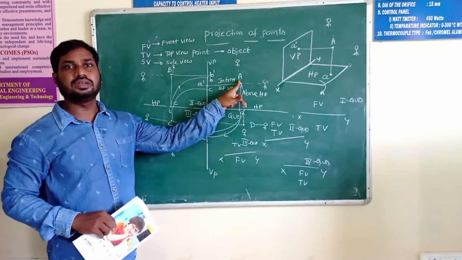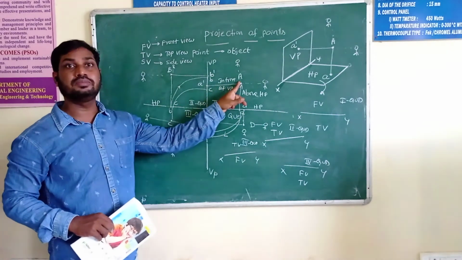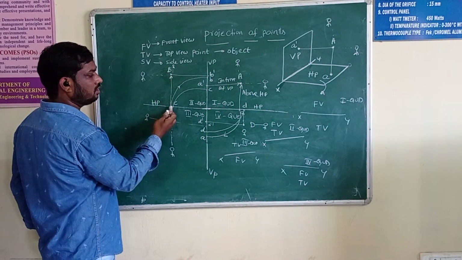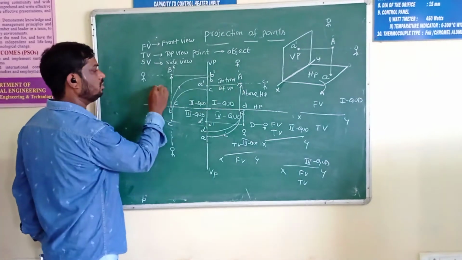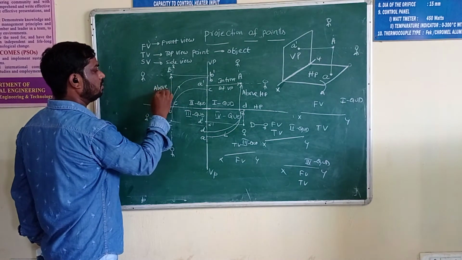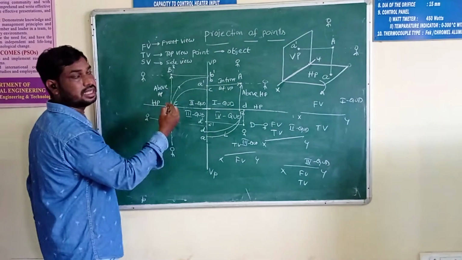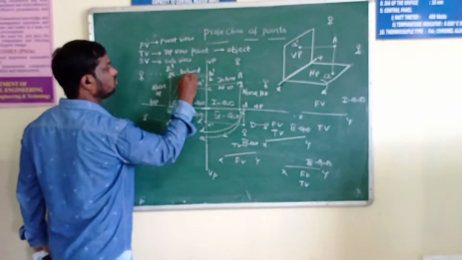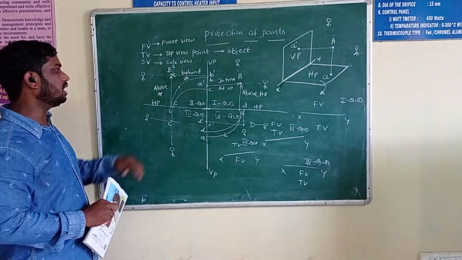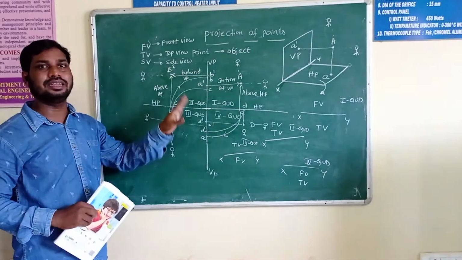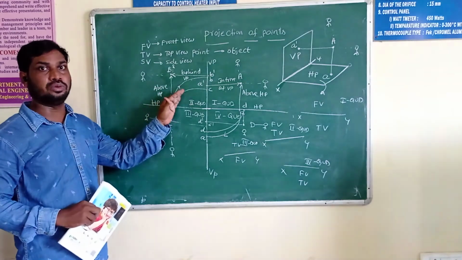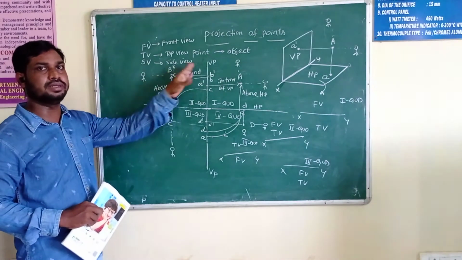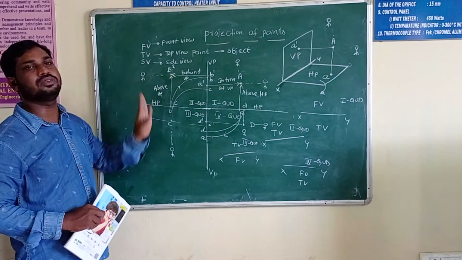So which quadrant? Above HP, in front of VP. If it is given in the problem, it is the first quadrant. This is the B point. It is already taken above, so this one is also above HP. This one is in front, but this one is behind. Already you have taken in front, so this one is behind it. So above HP, behind VP means it is the second quadrant. You have to identify the quadrant system in the given problem, where the terminology is given as above HP by some value, behind VP by some value. So this is the second quadrant.